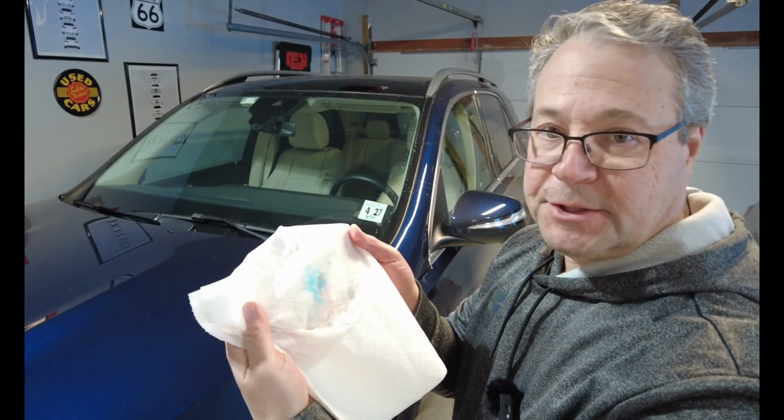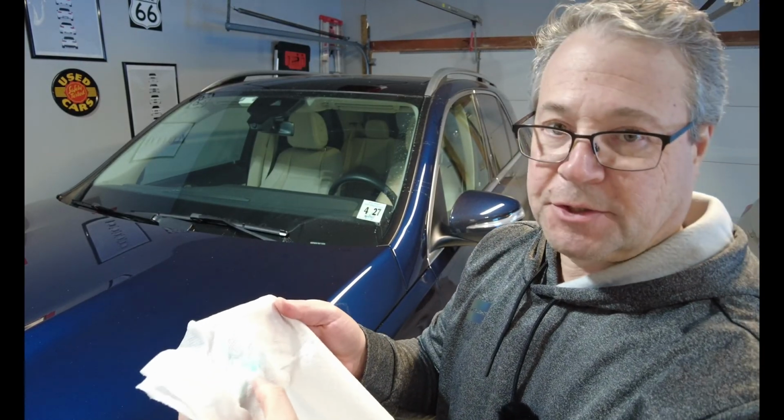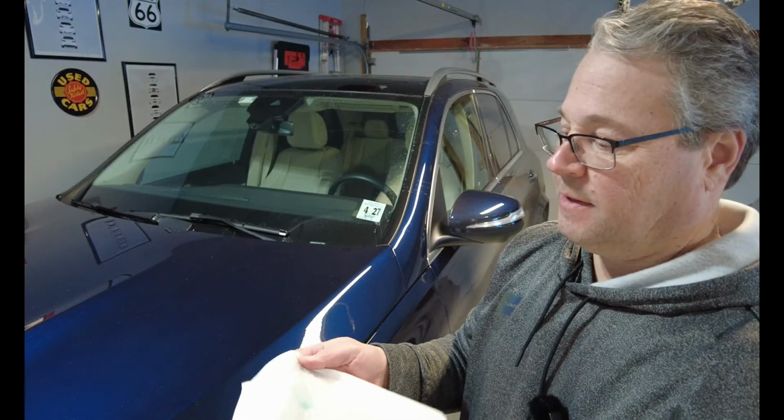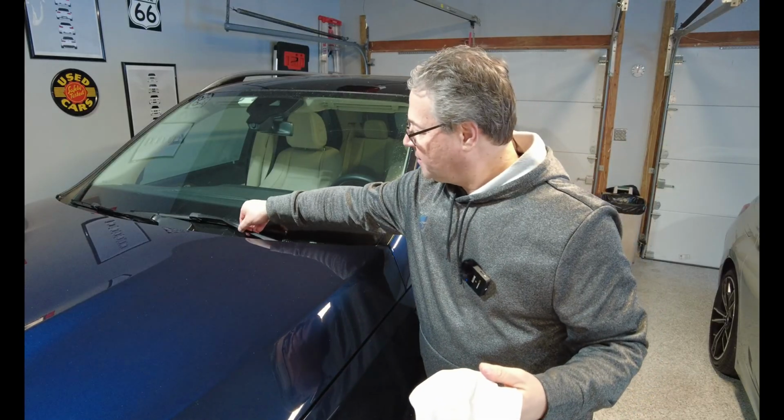I'll take a little bit of dish soap and put it on a rag, and I'll show you exactly what comes off. So here's a paper towel, put a little dish soap in there, wipe it up a little bit so you have the dish soap there, and it's going to draw out some of the grease. But first thing you want to do is, the knuckles on these windshield wipers are